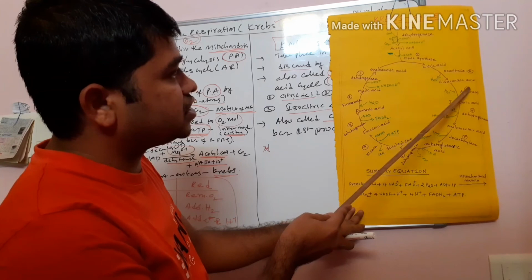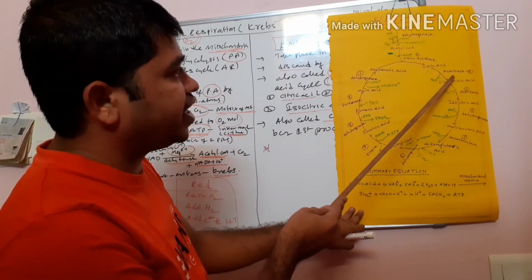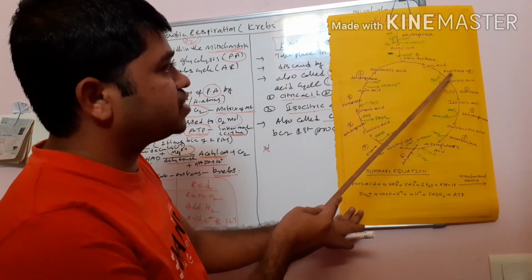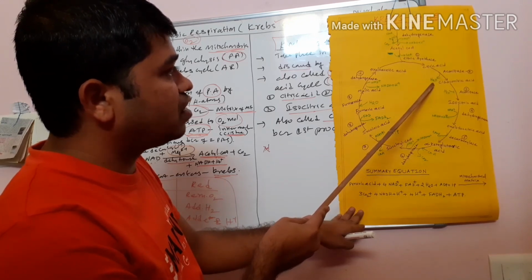Then citric acid itself is converted into what? Cis-aconitic acid. Here the enzyme is aconitase. Here what takes place? Removal of a water molecule takes